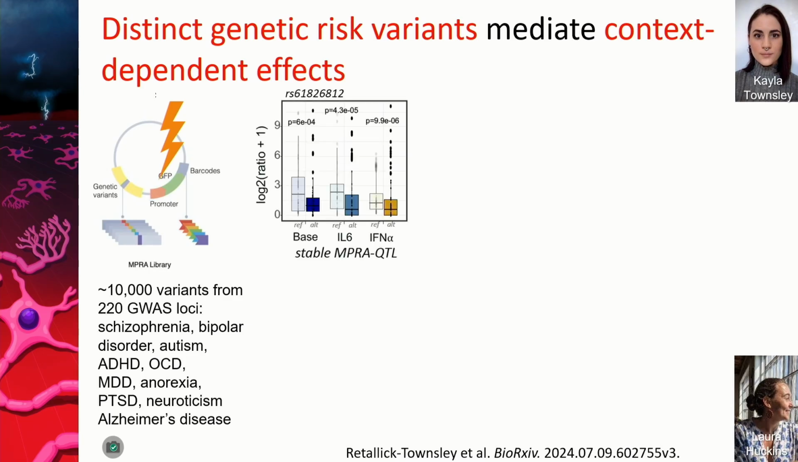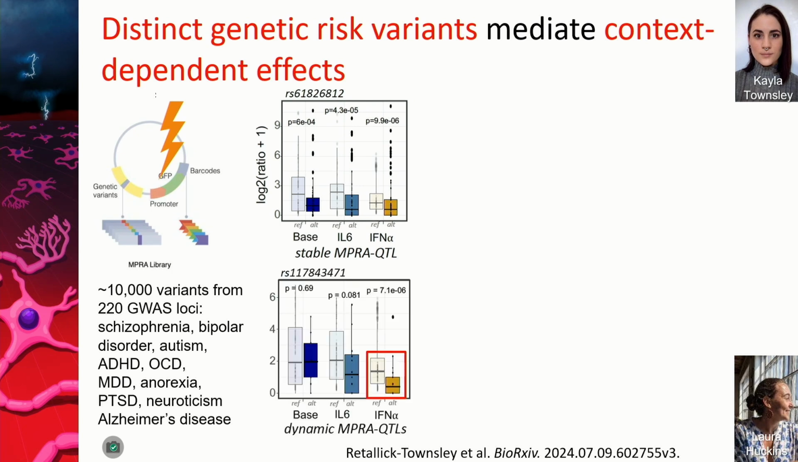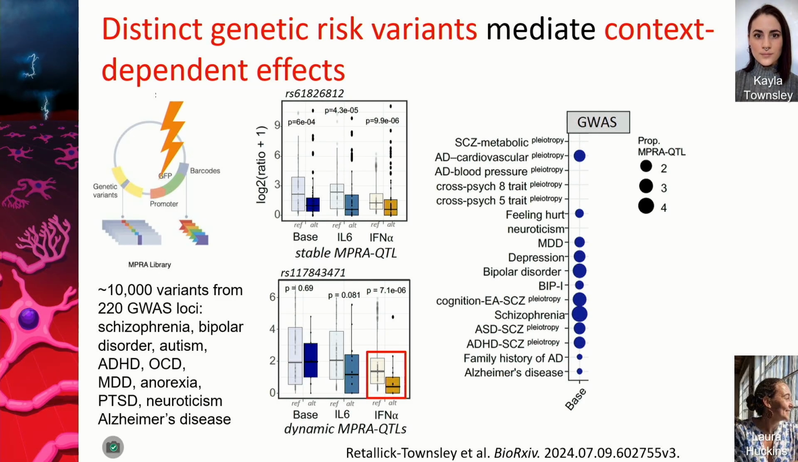So some of the eQTLs were stable, which is to say they had the same regulatory effect across context. Here's an example, where the alternative allele, whether at baseline or IL-6 or interferon, was always less. Here's an example of a dynamic effect. In this case, we have a SNP that only downregulates expression in the context of interferon and not at baseline or with IL-6. And then Kayla went into the library genome-wide and asked how our risk variants showed regulatory activity